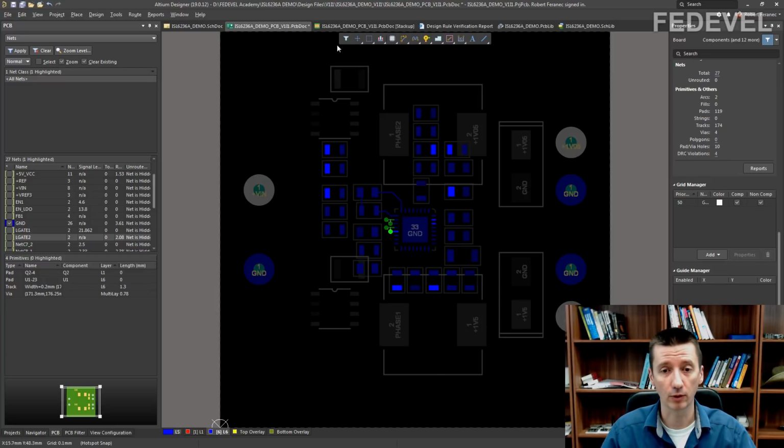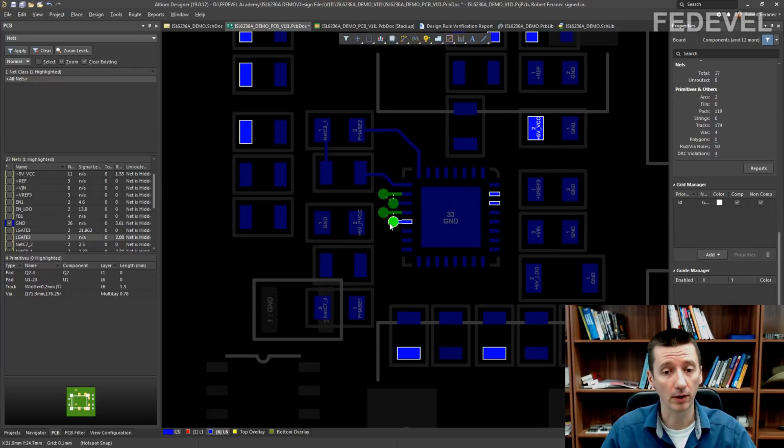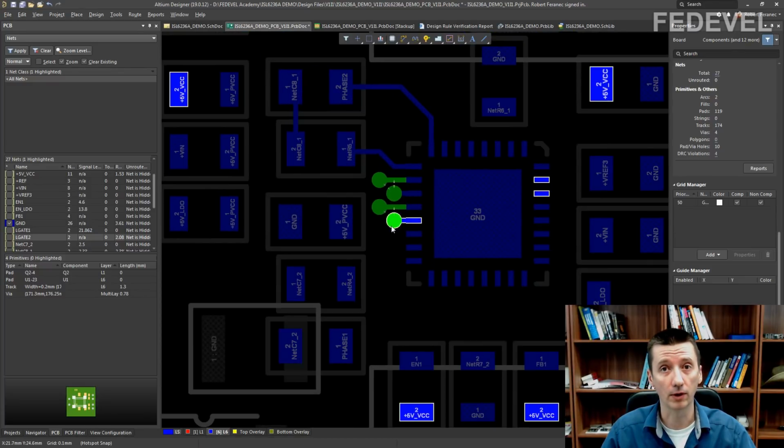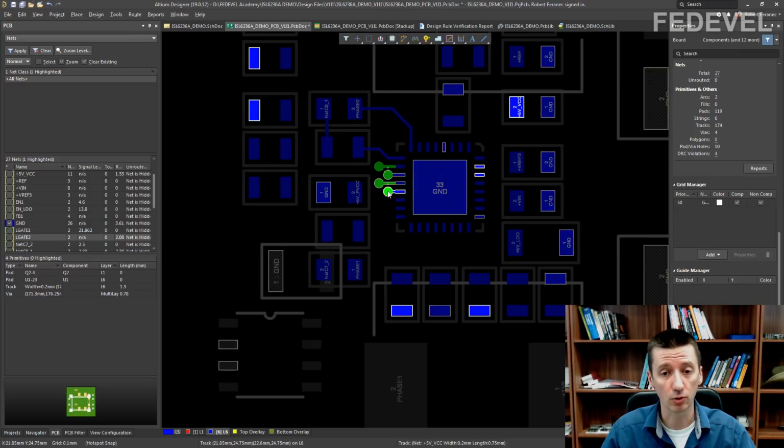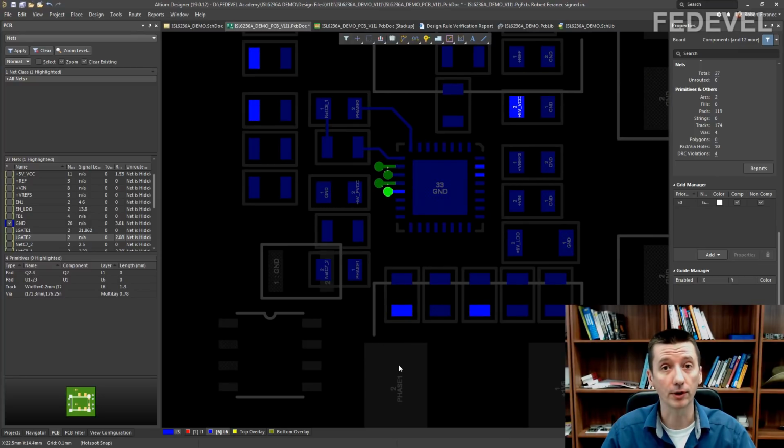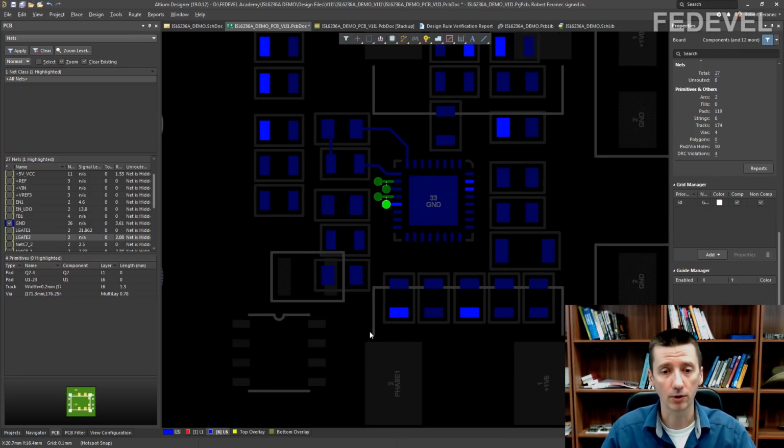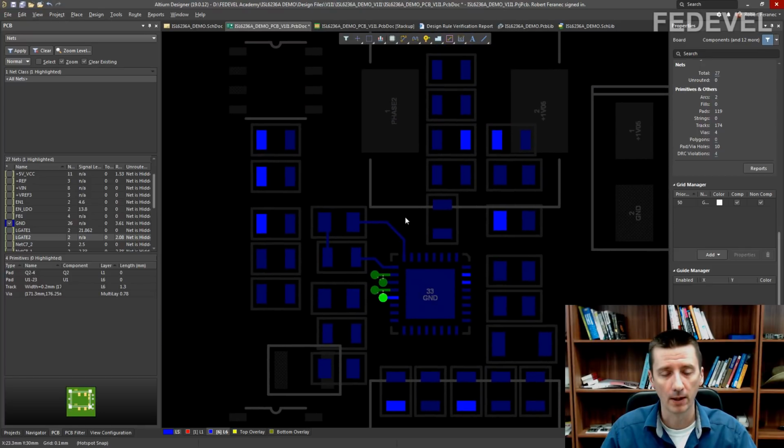Why? How can this kind of view be useful? For example, when you are placing vias on the bottom side of your PCB, you would like to be sure there is no path on the top side. Also, you can very nicely see if some of these signals are also connected on the top layer, and where they are connected. For example, if I hover the cursor over this signal, see, it's connected here on the top layer.